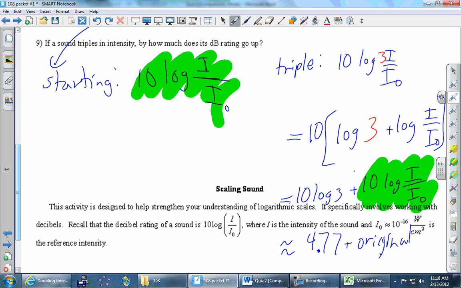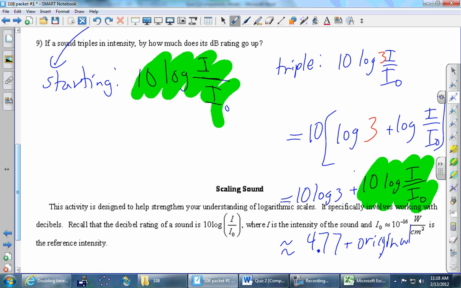What's that? It's something that is triple in terms of the intensity of the sound. Yes. Other questions? Having the jet aircraft is like 18 times